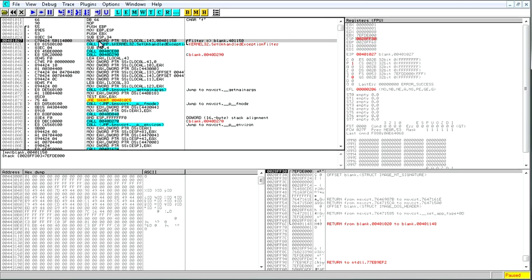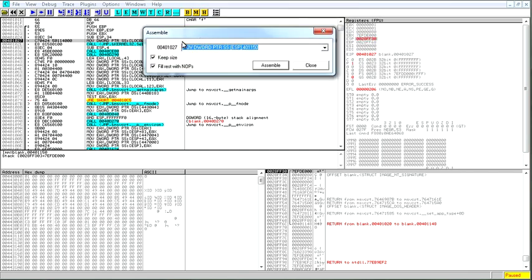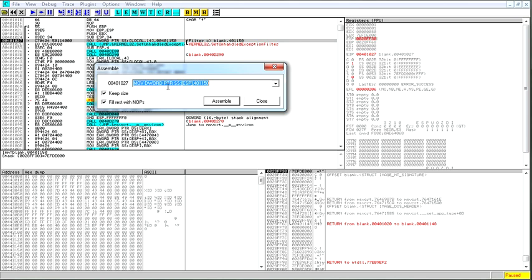And now move dword pointer SS:local 14, 00401150. Okay, that's a lot. So what that means, let's double click it. And now you can actually see what's going on here. Move dword pointer SS:[ESP], 401150. So what it says is move to the dword at the address of ESP 401150.